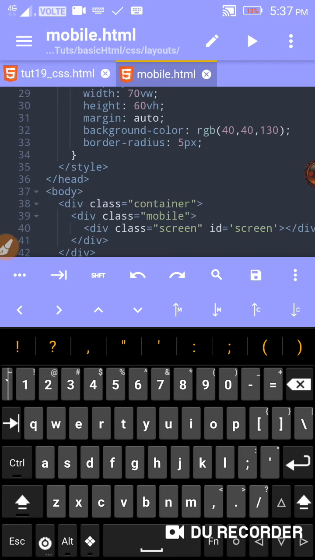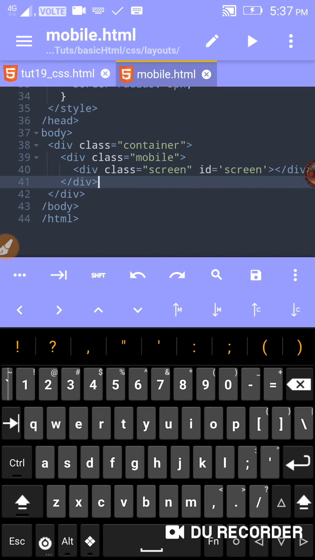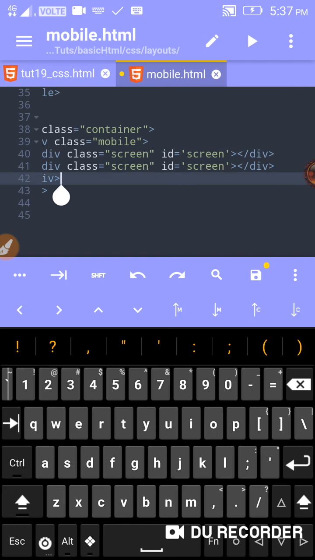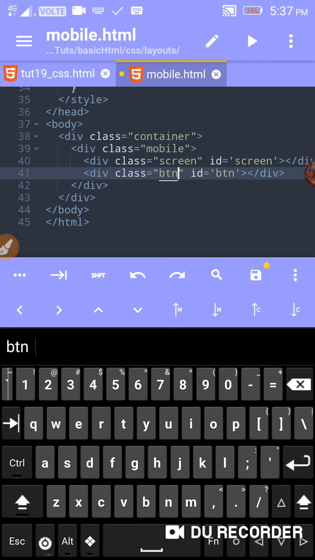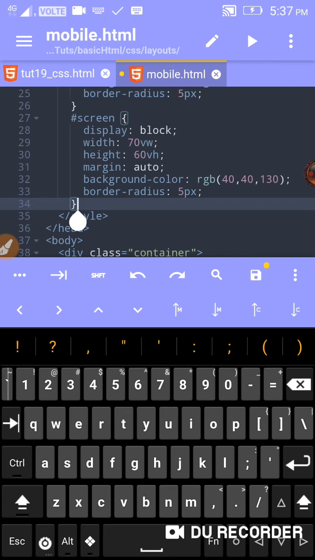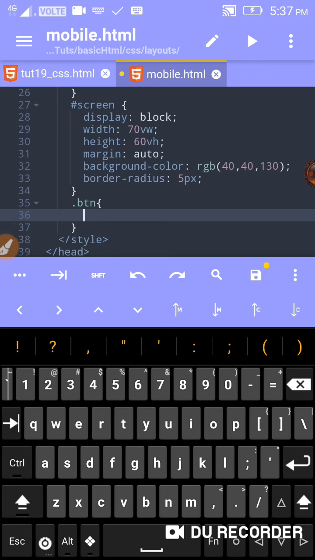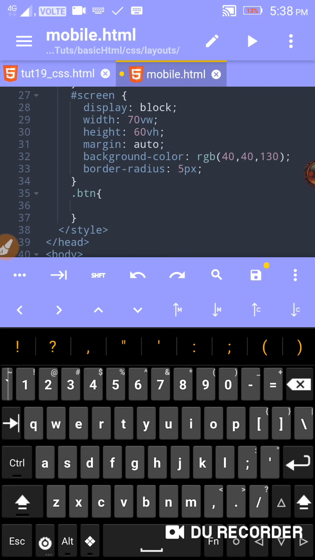Now another work is to make this thing. I'm going to make all the screen buttons here, my buttons, BTNs. I'm just going to write BTN here also. BTN, we are going to target BTN now. BTN, here I want some like this only,